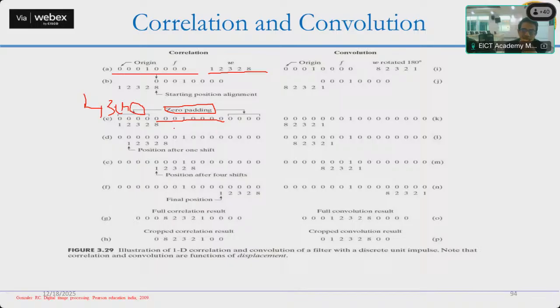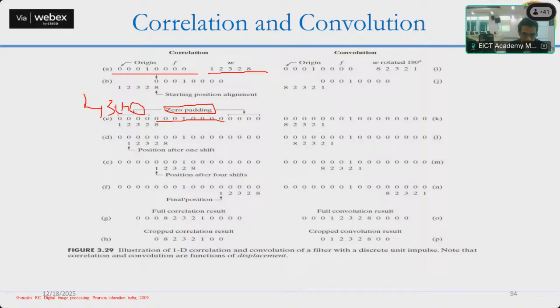In the same way, you will shift it gradually, one by one. After one shift, what will happen? This 1 will come here and this 8 will shift. Everything will be shifted toward the right. Now again it will shift. After the fourth shift, what you can see? Fourth shift means 1, 2, 3, 4. 1 will come here, thereafter 2, 3, 2. 2 will come here, and exactly 2 is below the 1. So that we can see here.